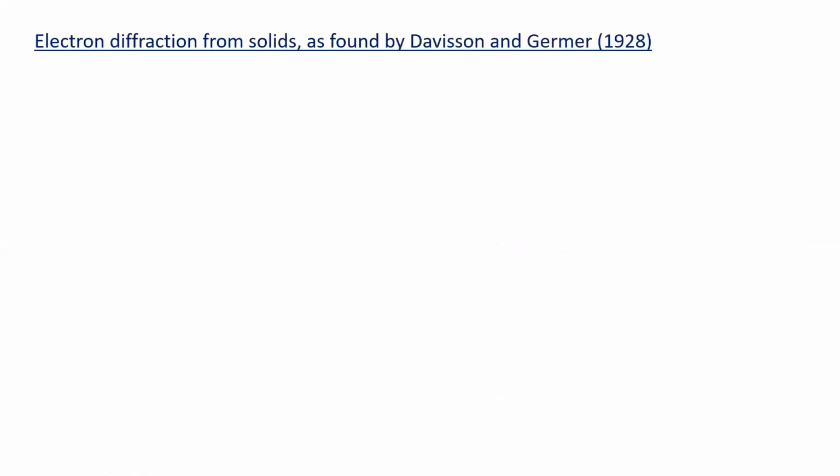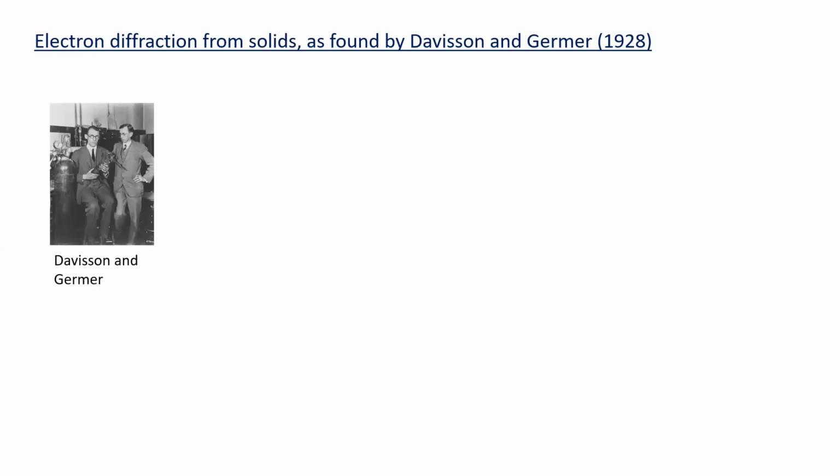All right, so that was a theoretical argument, which Einstein found very compelling, actually. But electron diffraction from solids was actually, there was experimental evidence that was found very shortly thereafter, in 1928, a few years later. And Davisson and Germer